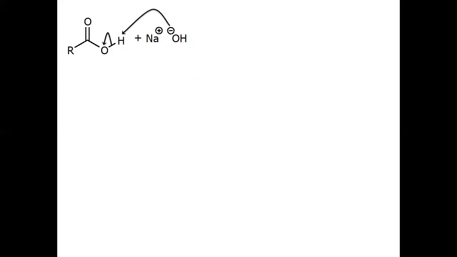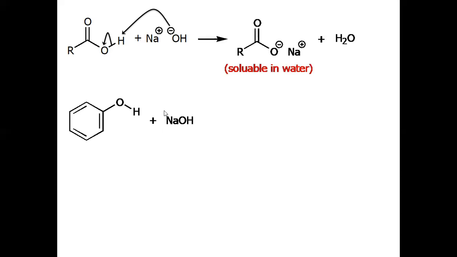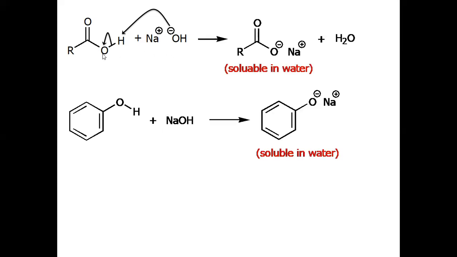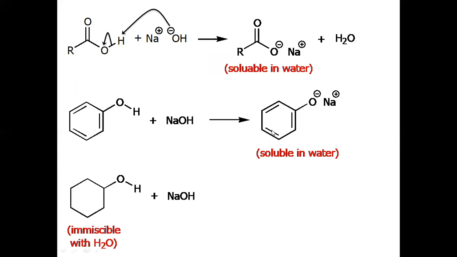Now here is an example. When we treat all these, means benzoic acid, phenol, and cyclohexanol with strong base, what happened? In the first case, benzoic acid reacts faster with alkali to give you a salt which is soluble in water. Of course, phenol also reacts with sodium hydroxide to give you phenoxide ion which is soluble in water, while cyclohexanol is immiscible with sodium hydroxide solution, so there is no reaction. So now we can eliminate this one, and we have basically to identify which one is the carboxylic acid and which one is the phenol. Then we will do a further test.